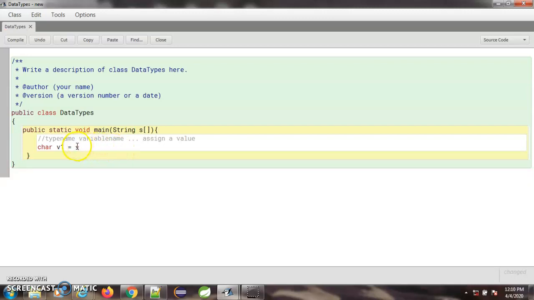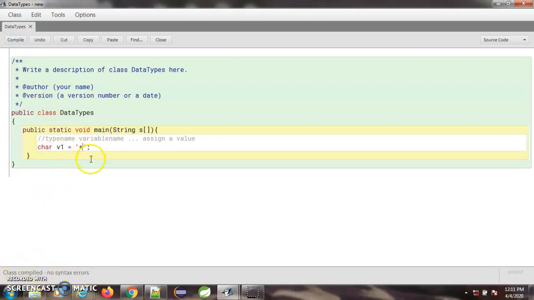Here we have to give only a single character, because char means only a single character. We can't give multiple characters like this. And it also has to be included within single quotes. So here we declare the variable using the type and variable name, and we assign a character value to this variable. The syntax is we use single quotes and write a single character inside it. We can't write multiple characters. If I save it and compile, it is not giving any errors. You can see class compiled, no syntax errors.